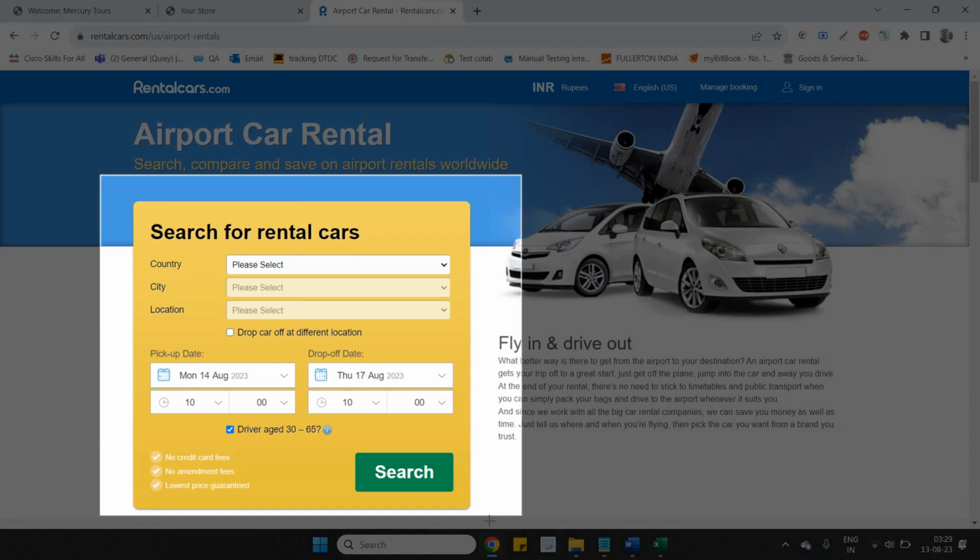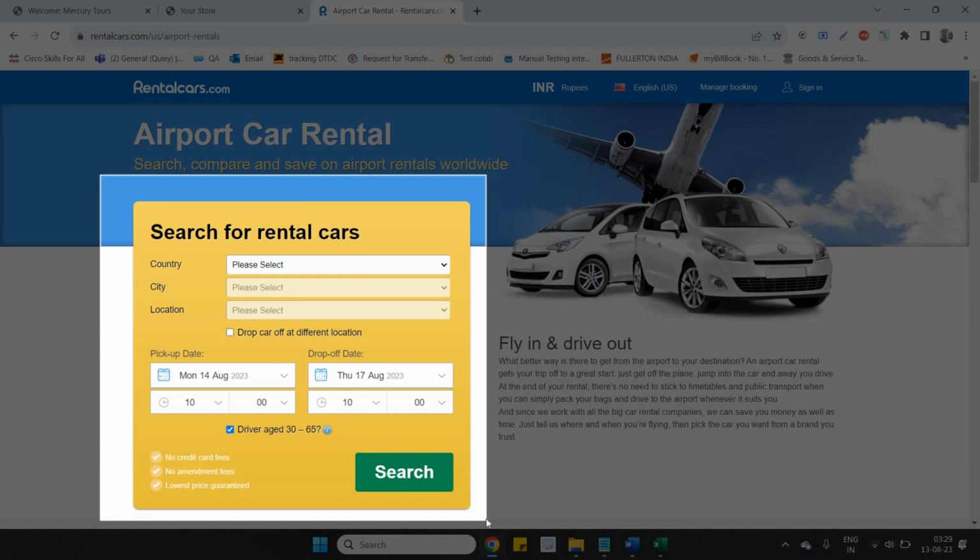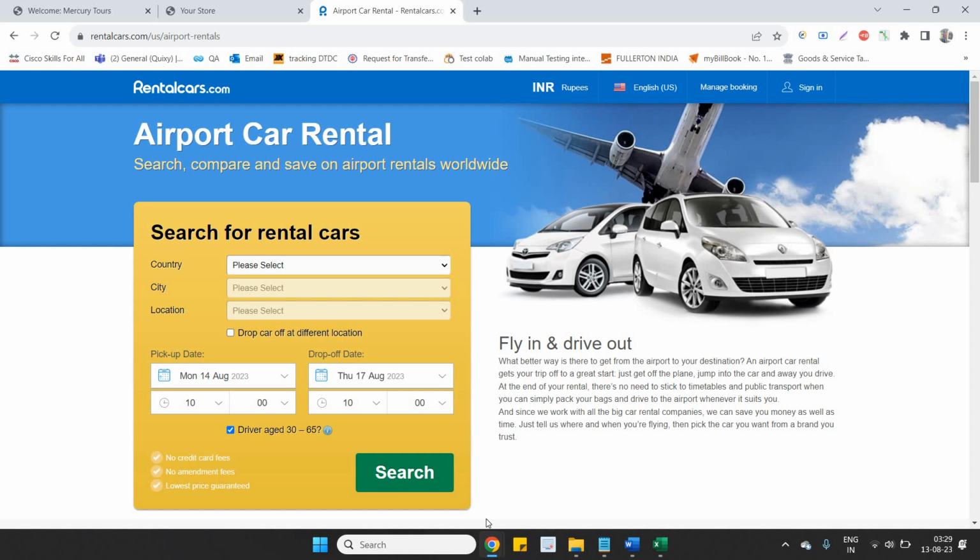I'm trying to take the screenshot because we read that in the user story, right? So once I am taking the screenshot, just give me a minute, it's loading. It's redirecting to the snipping tool. There you will get the